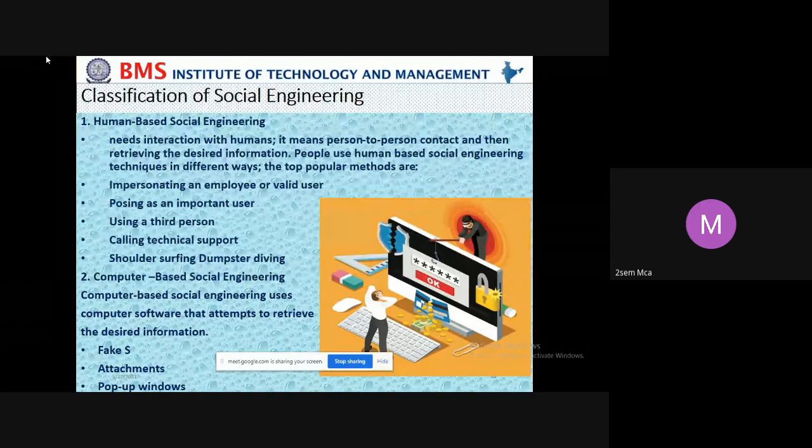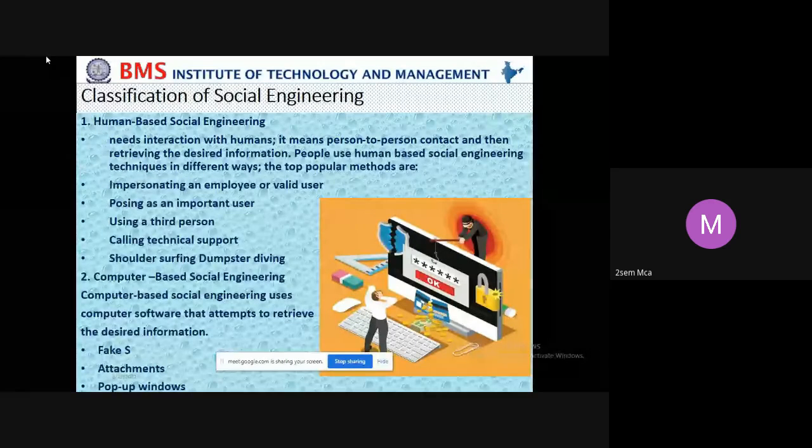The second classification of social engineering is computer based social engineering. The first one involves humans, here the computer is involved.